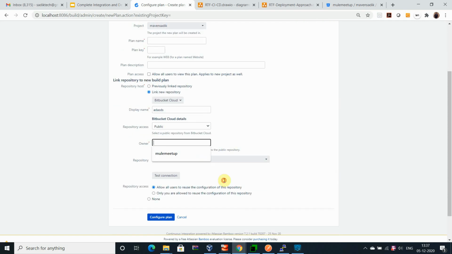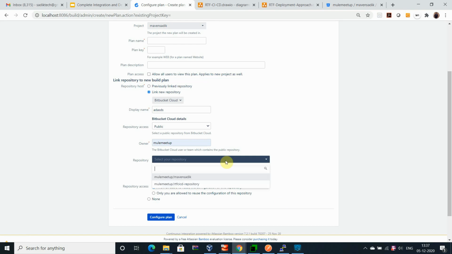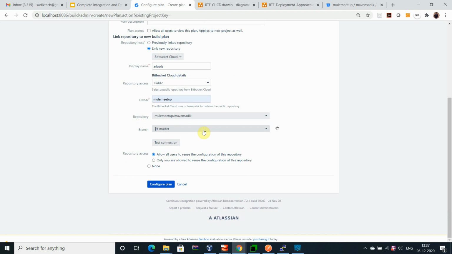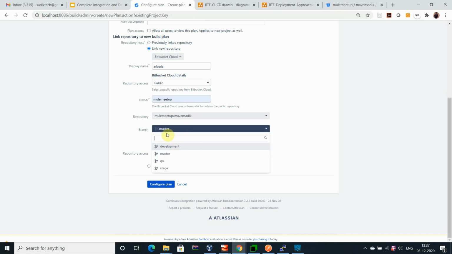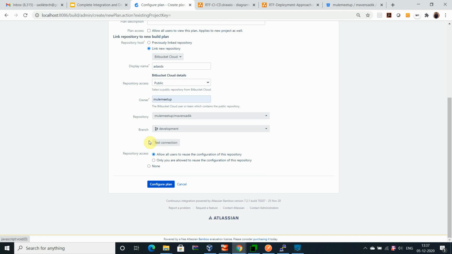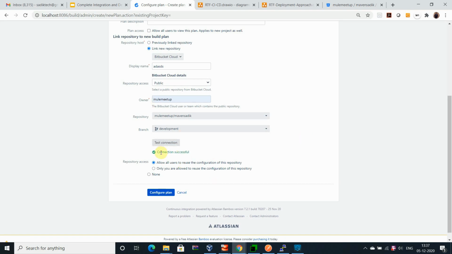You can go to the Maven, and then you can associate the branch over here. Like I have associated the development branch, tested the connection, and it is a success. Okay, so you can create a plan.